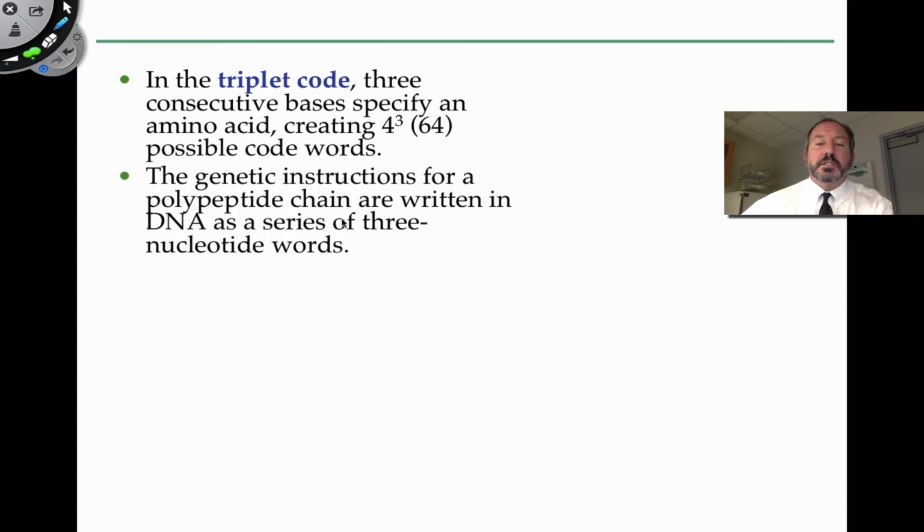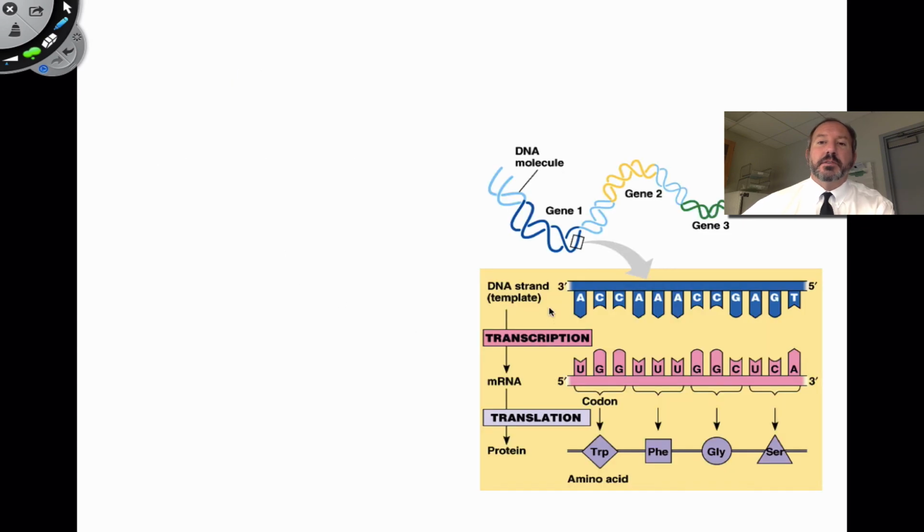So the genetic instructions are written out ultimately in the form of a polypeptide chain, but the instructions are written in 3-letter words in DNA, and so this is a great diagram of that. So here's a DNA. This light blue might represent an intron and non-coding regions, and then here's a gene. So a gene is a segment of DNA that's rather long that encodes for a polypeptide. And then the genes are often interrupted in a eukaryotic cell. In a prokaryotic cell, the genes flank each other for the most part, although there's more detail to that.